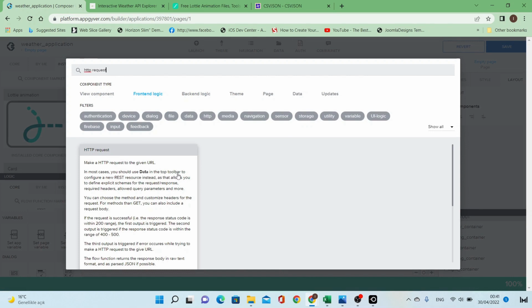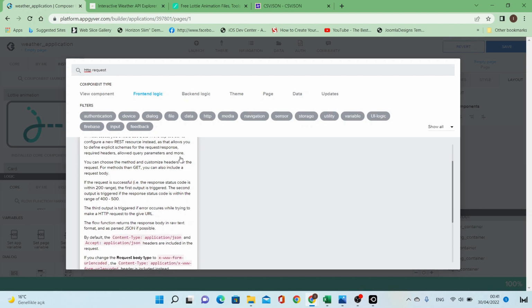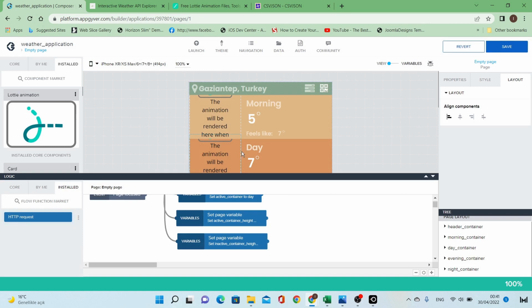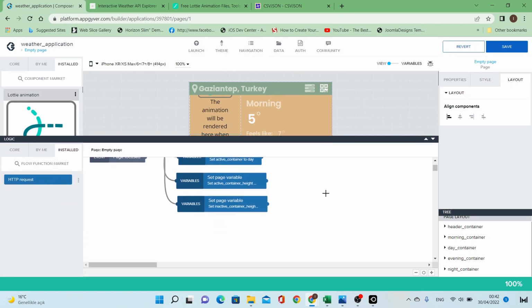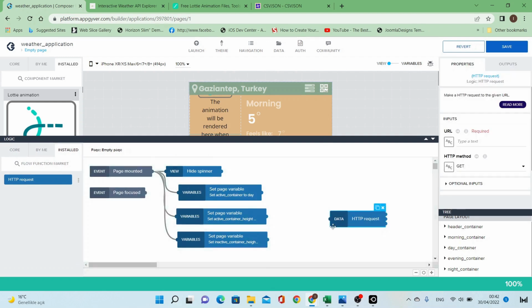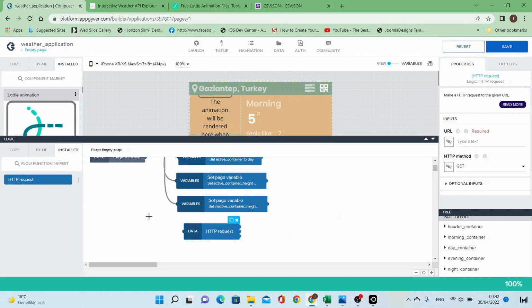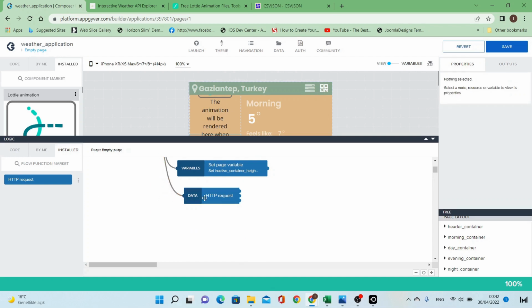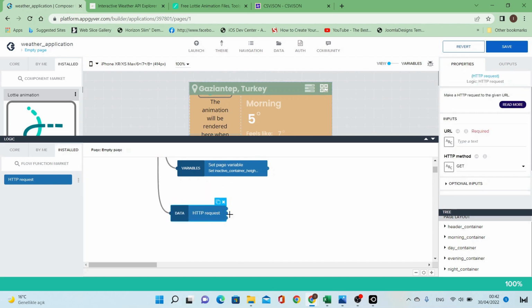You can see here that in most cases you should use data in the top toolbar, but in our case we cannot connect because we don't have permission to connect through HTTPS. So be careful because your connection is not secure here. We will install the HTTP request flow function. This is a very easy flow function. Just drag it to the place you want. I will test it in the page focus,